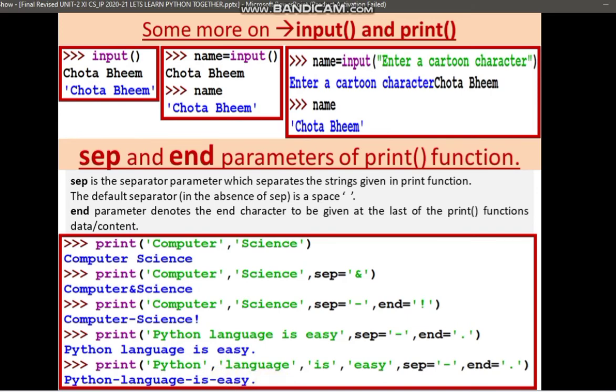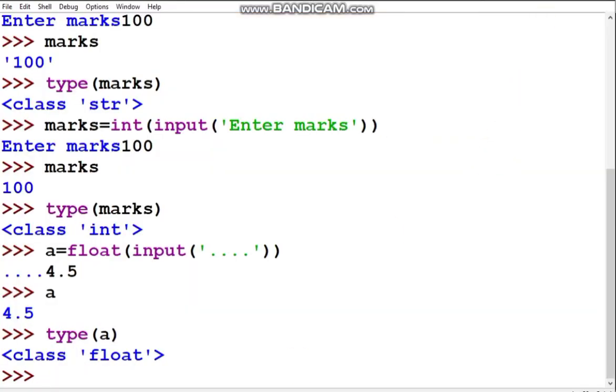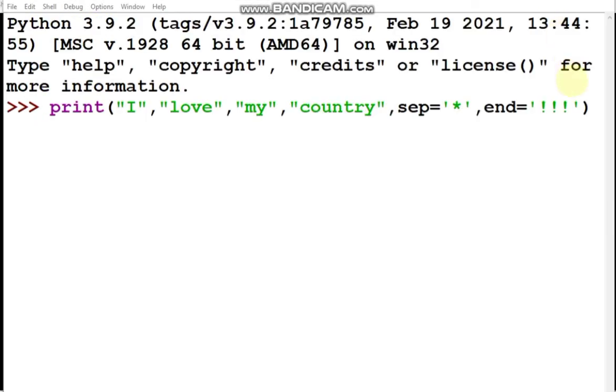So let me show you one example using sep and end. So let's write now. See, I have written print on the prompt and I've written 4 strings, "I love my country", separating them by commas, and then sep, the special parameter sep I am using with the print function, equal to a star asterisk.